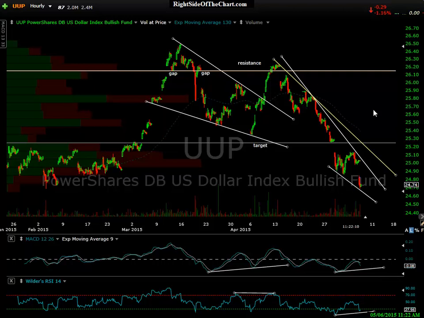So that's my take on the dollar, where we might be going. It wouldn't shock me to see a reversal from here. As I mentioned, we are at support. We do have some potential divergence in place. Again, I'm looking for a reversal either at or not far below current levels on the dollar.